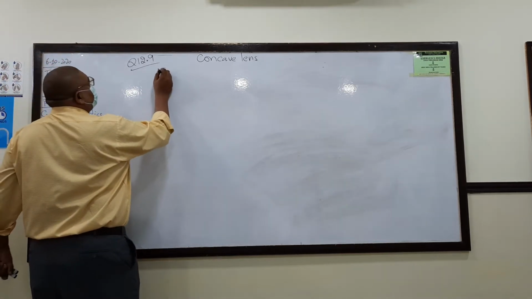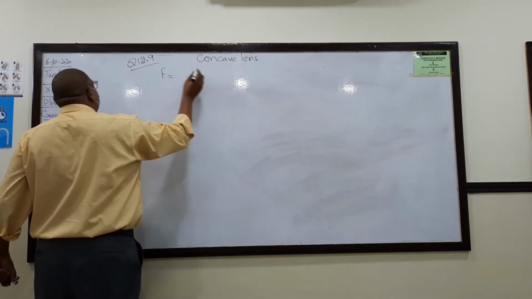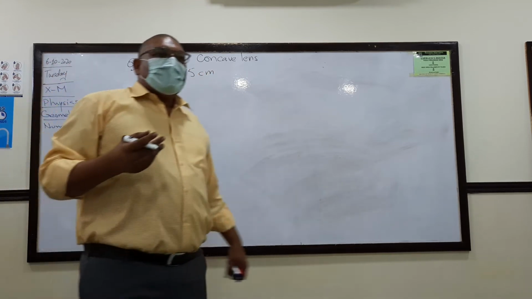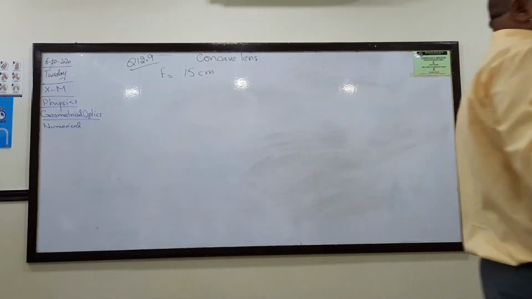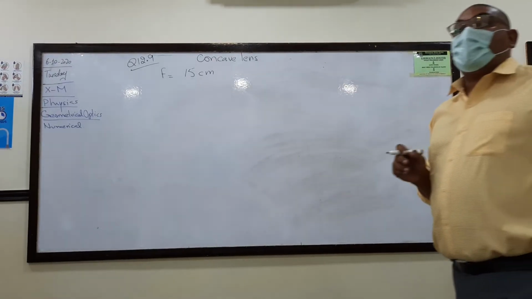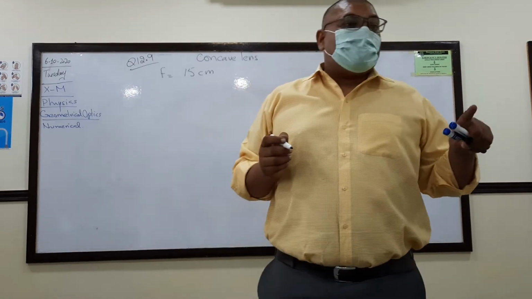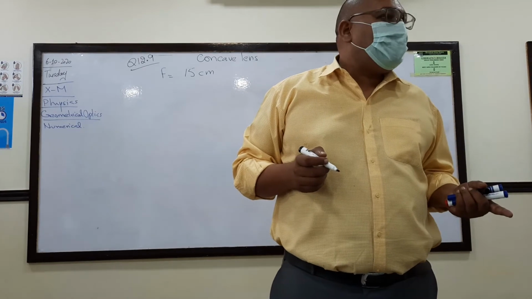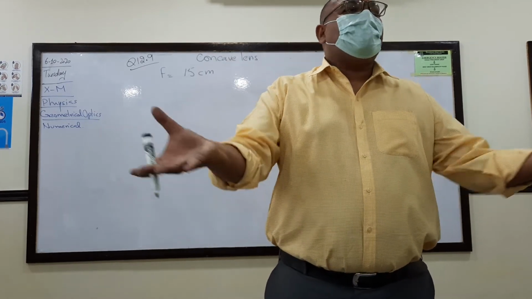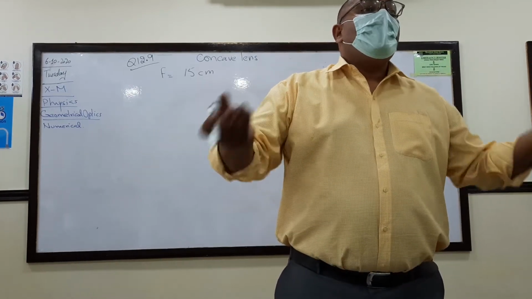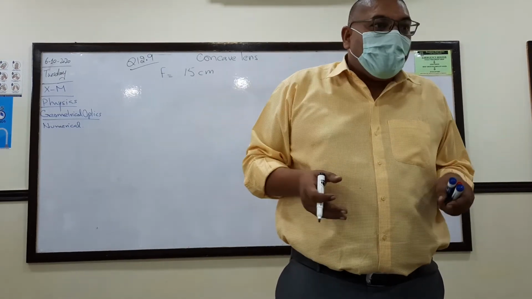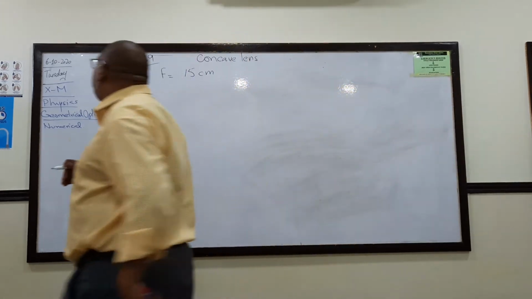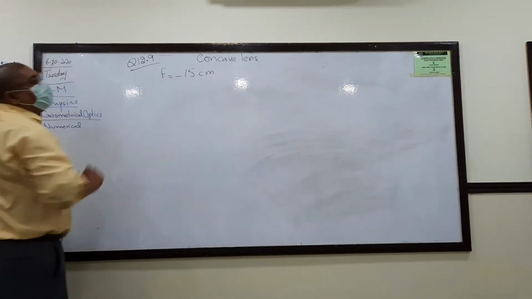The concave lens, its focal length is how much? 15 cm. But if you remember the sign convention, the concave focal length is always taken as negative. Remember this thing. When he gives you a statement of the numerical, he will not tell you that the focal length should be negative. He will only say it's a concave lens and the focal length is 15. We should remember that the focal length of the concave lens is negative. So I have to put a negative sign with it.